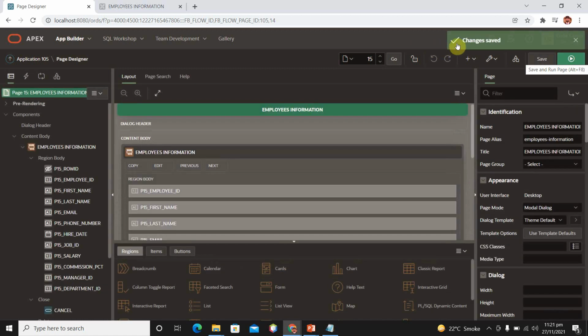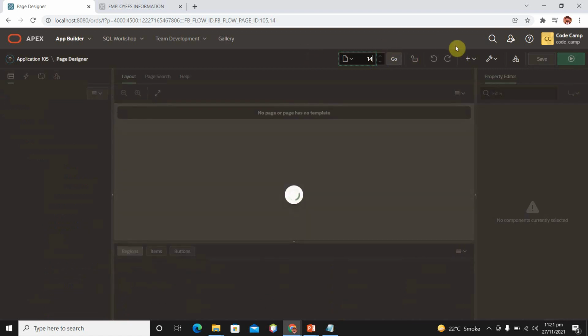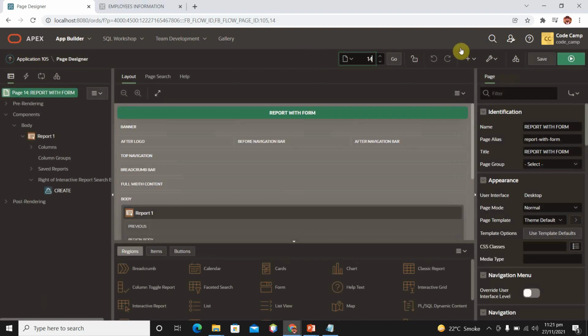But pages with page mode modal dialog, you cannot run directly. Run, so it is saying you cannot run your page because it is a modal dialog. So go to your report page, which is 14, enter, and run your report page.